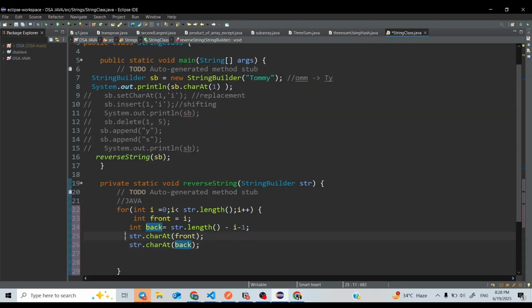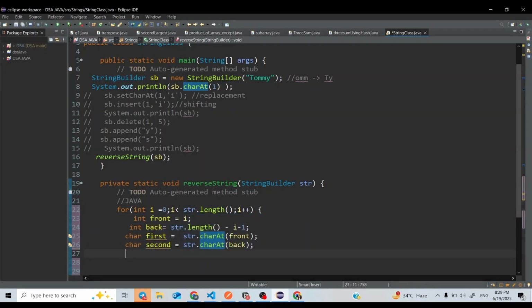So let me store the characters in the variables character first and character second. This is the char data type. I think we are using it for the first time. Character is a data type, and we are storing a single character, because charAt returns a single character. So to store the character, we need the char data type. Keep this in mind. So now I have the characters present at these indexes.